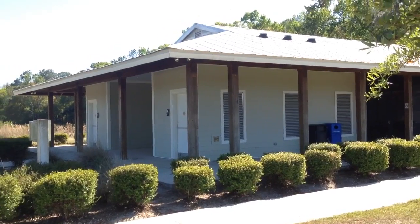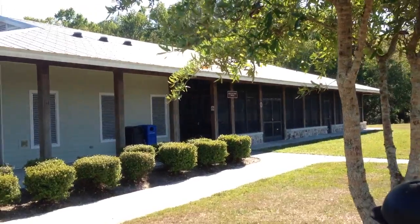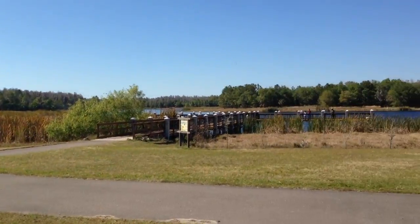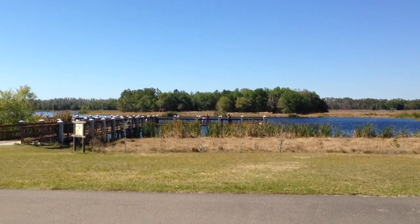So this is one of the really new pavilions they have out here by the lake. It's all screened in. There's restrooms. And then the lake is out here. There's a big fishing dock. I'm going to go talk to one of the people fishing out here and see what they're catching. So I just got done talking to people fishing out here. They said they're catching bass and bluegill and shellcracker,